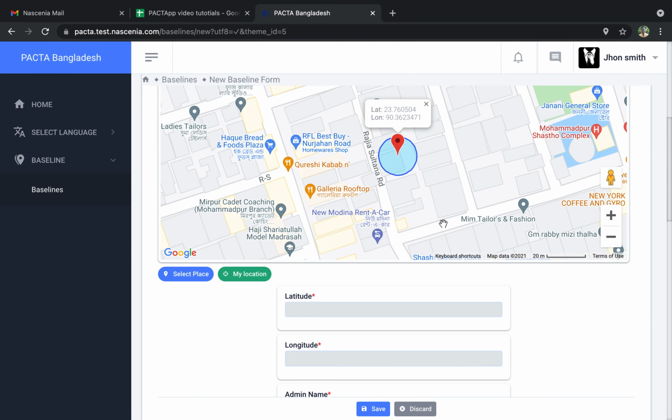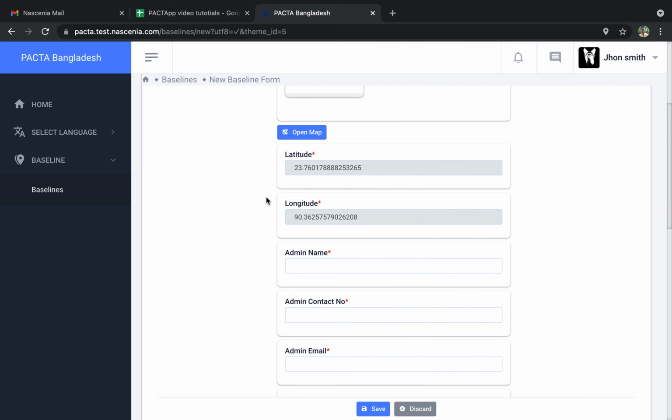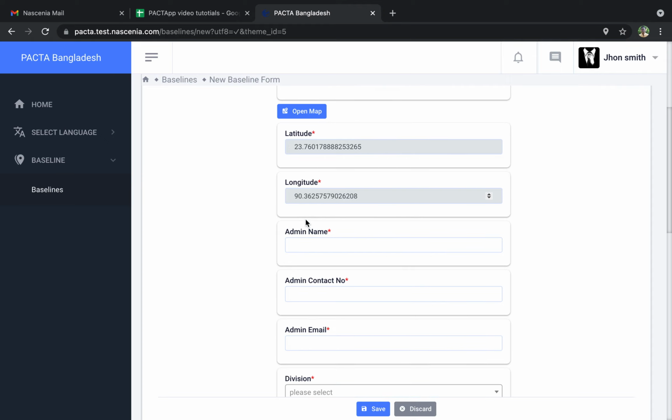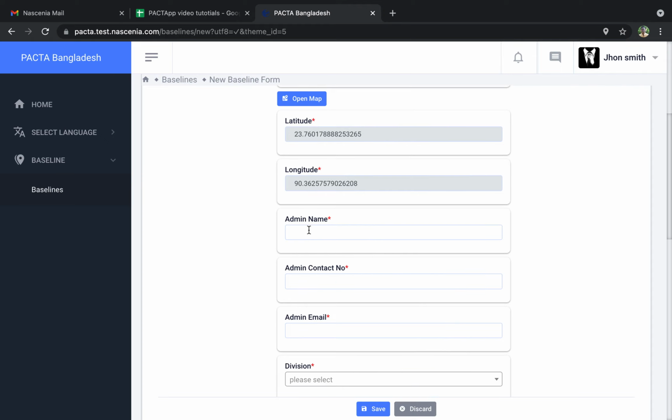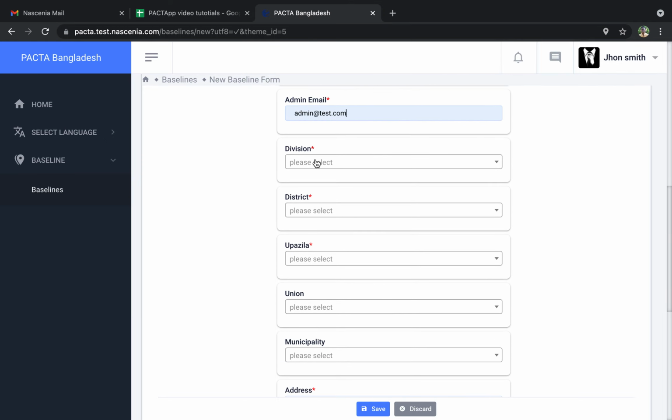We can also click on other places to replace the marker, and finally click on the select place button to select the map. So the location is selected, and the latitude and longitude data is updated. Now we have to provide the other information as well. Then we will have to provide the admin areas here.